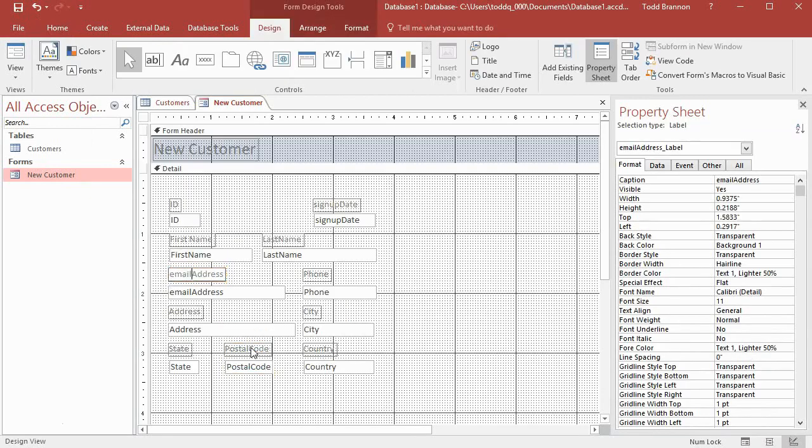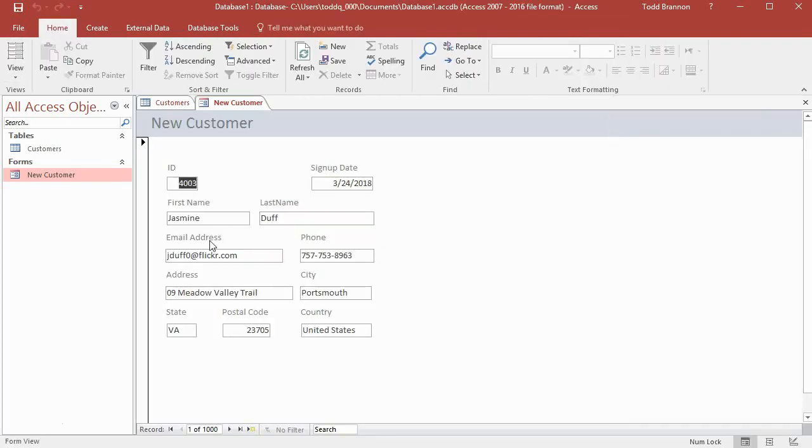Let me click in the label, click in again, and put a space there, and I want to change that to a capital E. And then sign up date was the other one. Click that twice. And then what was it? Postal code. So click into that, put the space between postal and code, and now we can go back and see things are looking a little bit better, a little more professional. I think I want